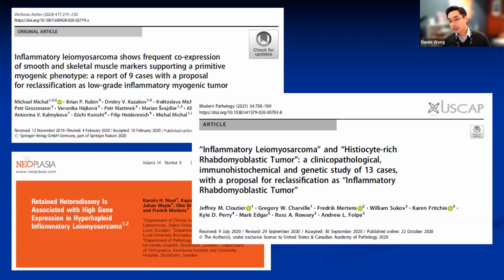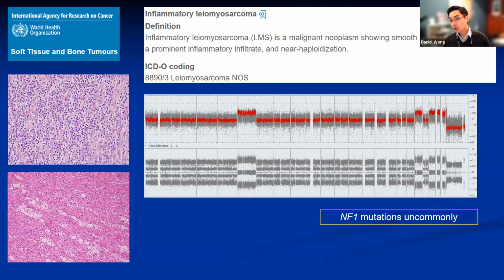More recently, there's been some very interesting work whereby some people have made the very clever observation that IRT seems to have a lot in common with inflammatory leiomyosarcoma. And in fact, in some cases, the features are completely identical. So as you all know, inflammatory leiomyosarcoma, ironically, was only recently introduced as a discrete entity in the most recent